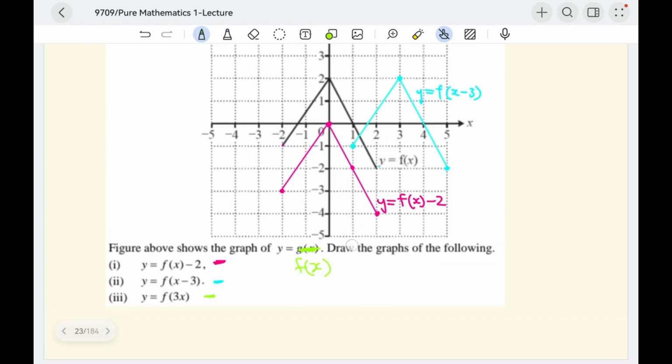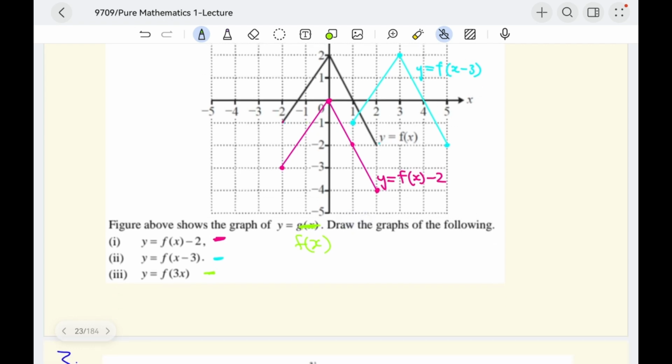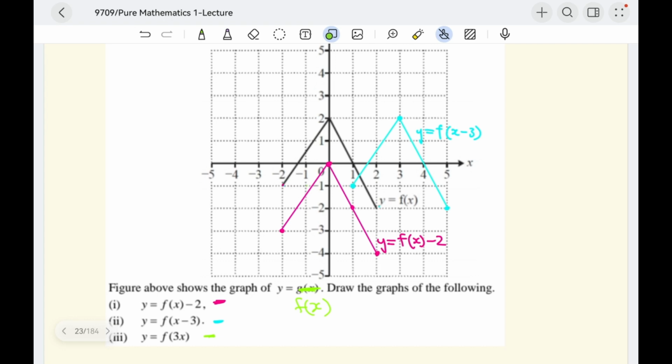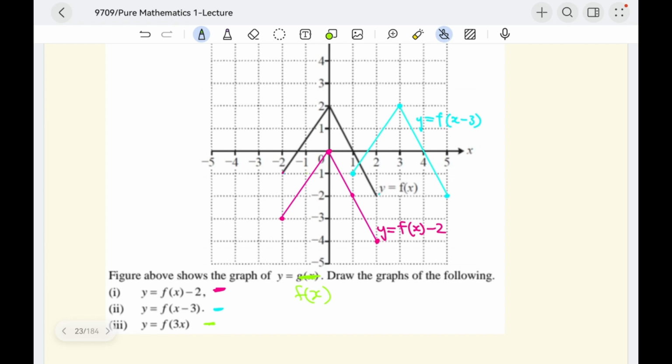Y equals f(3x). So what can you see? It is a stretch parallel to the x-axis, with scale factor of 1 over 3. So it is always opposite from the vertical transformation for the stretching. This involves the stretching of the graph. So that means,